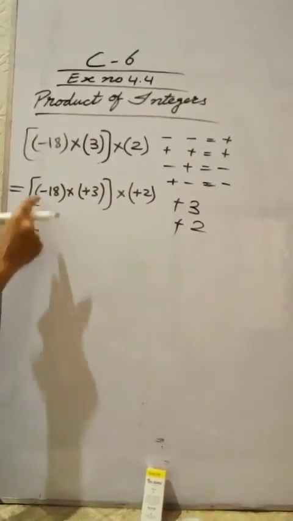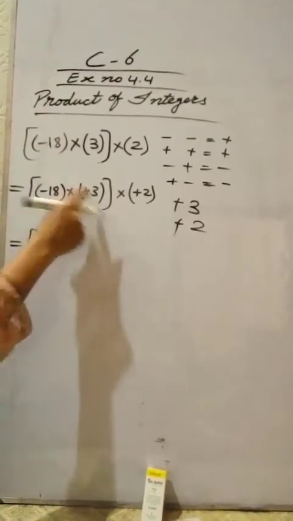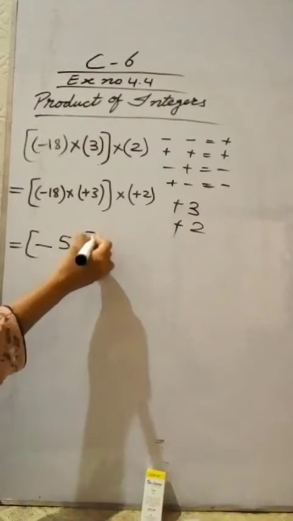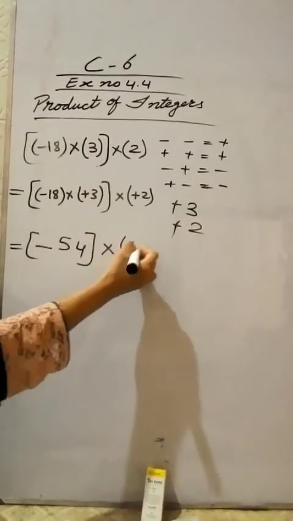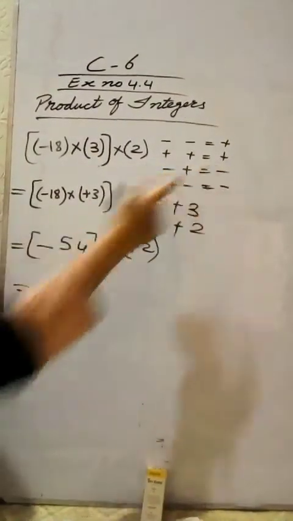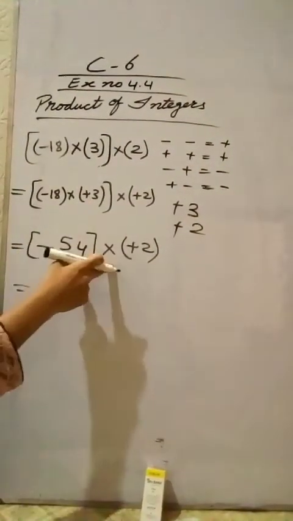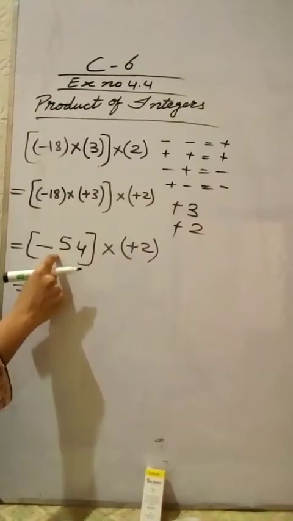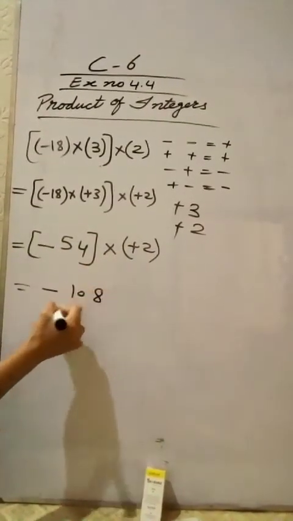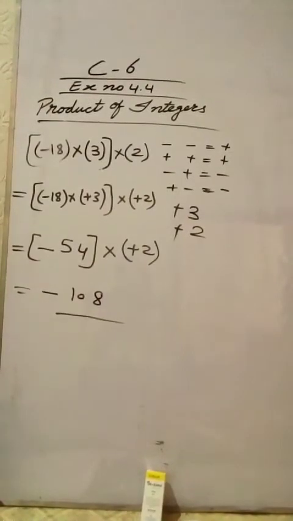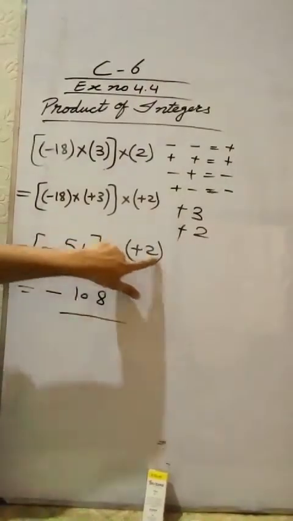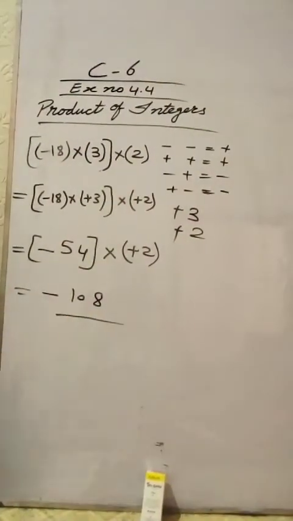Now solve. Minus plus minus, 18 times 3: 3 eights are 24, 2 on the carry, 54. Now multiply with the third one. Minus plus minus plus minus. Change the sign. When the signs multiply, the sign will change. Now easily multiply 54 by 2. 2 fours are 8, 2 fives are 10. Draw the ending line. See how to solve. Firstly inside the bracket, then compare with the last value. Then you will get the answer.